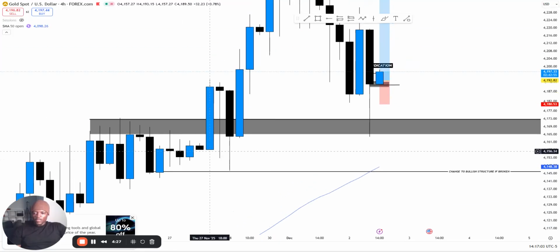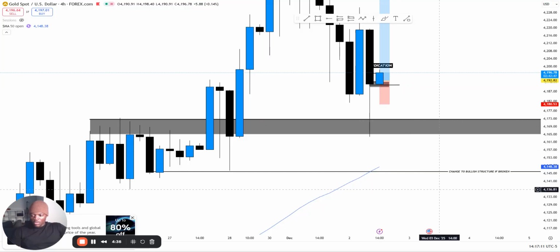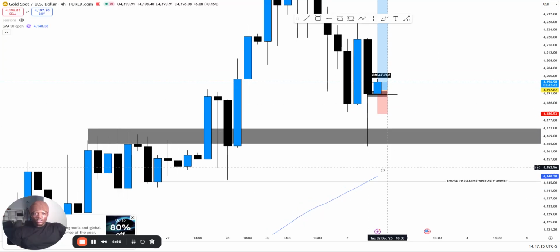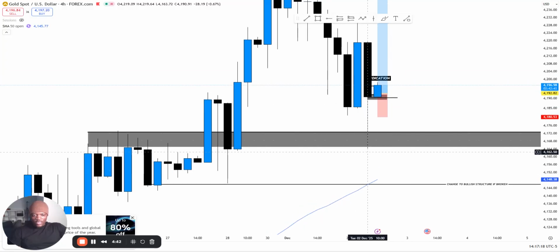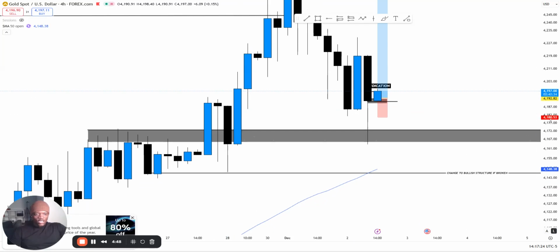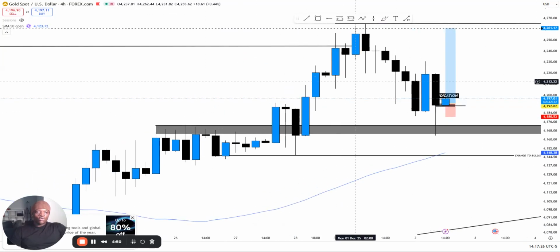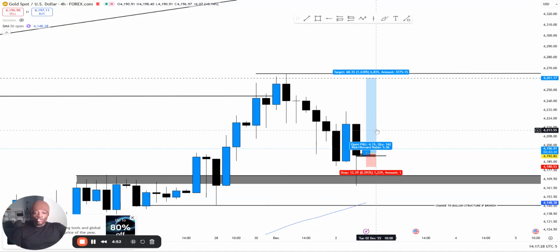Because the people that bought up here are not going to let price drop, because if price drops, they lose money. So if you see a candle getting rejected like this, it's because there's a bunch of strong buyers here, buying action, and also it's in an uptrend, so it's going back to this high, and it's going to try to break this